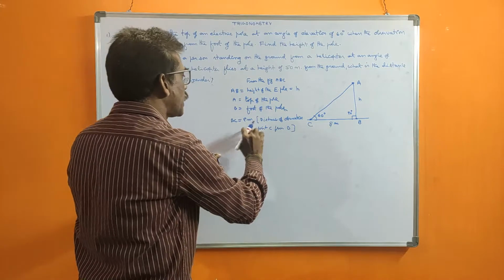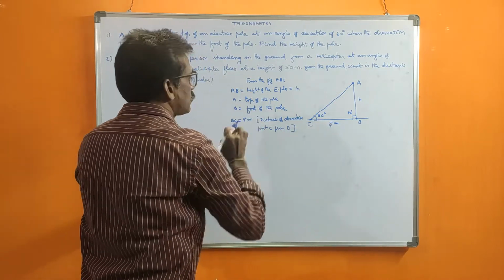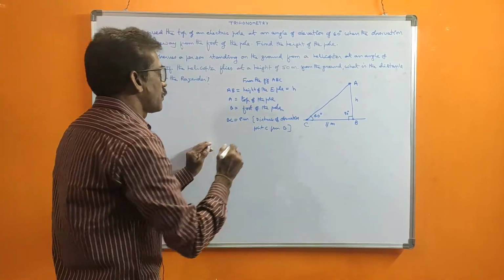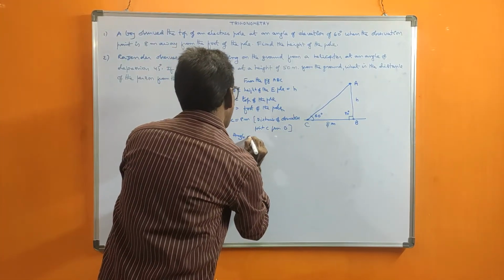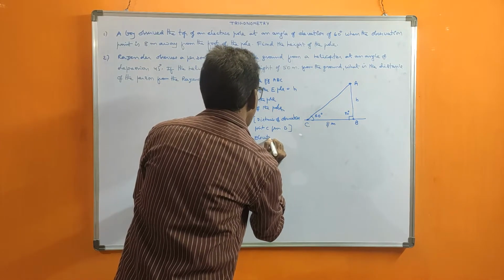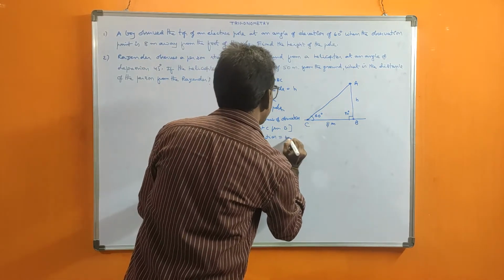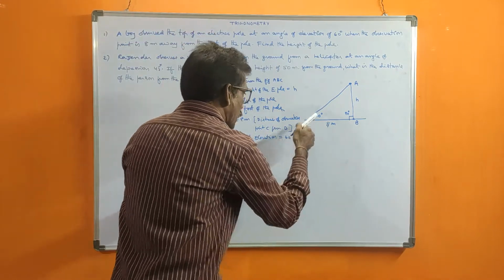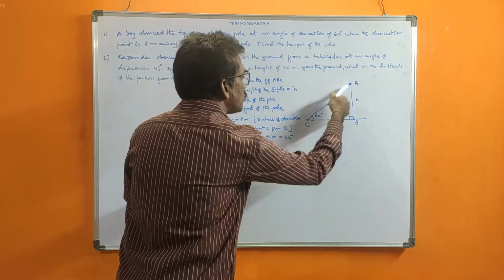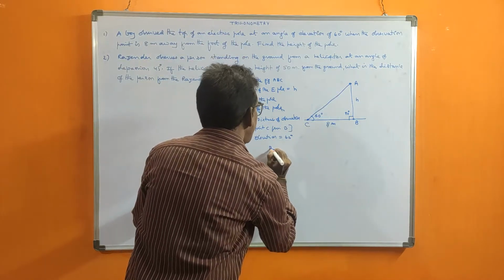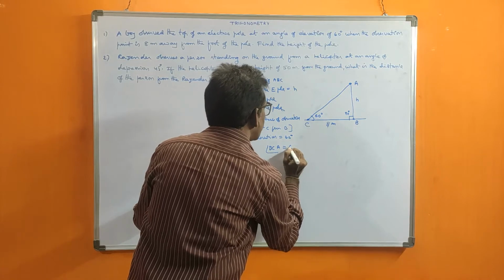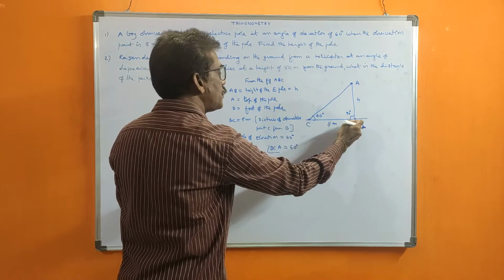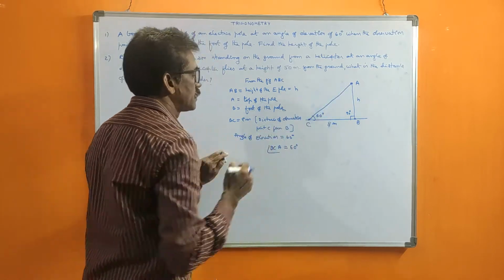Oh, that's why he has given this one as 8 meters. Now, if you write like this, the angle of elevation is given. What is given? 60 degrees. But which angle is the angle of elevation? That we should mention. From this triangle, the angle of elevation is this one, that is angle BCA. This is 60 degrees. So this we should mention in triangle BCA, that it is 60 degrees.